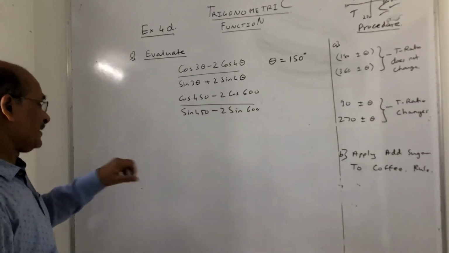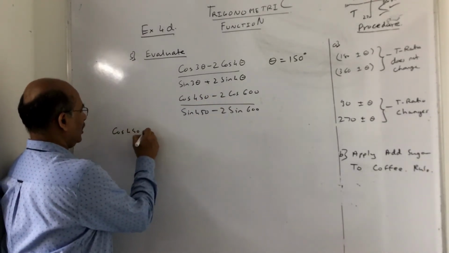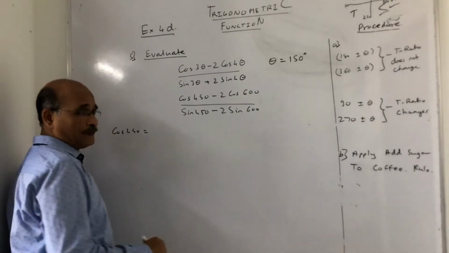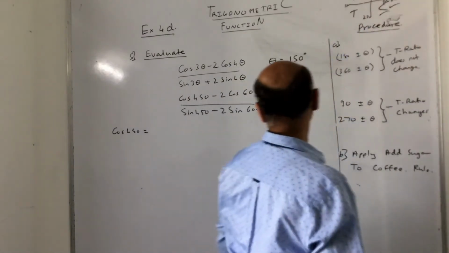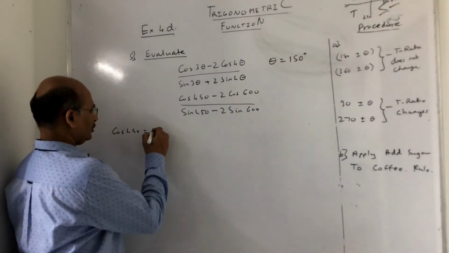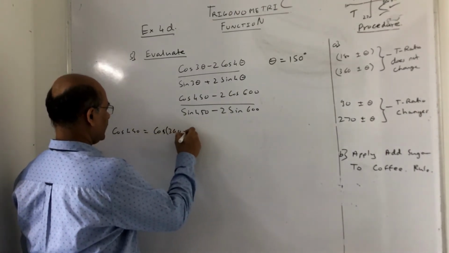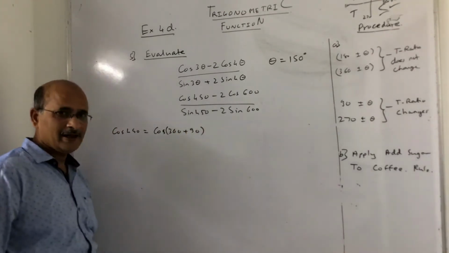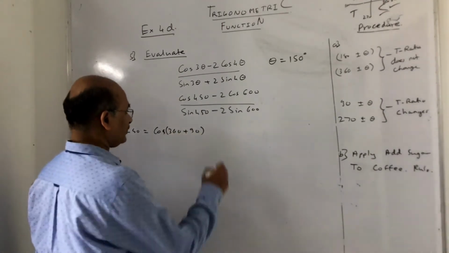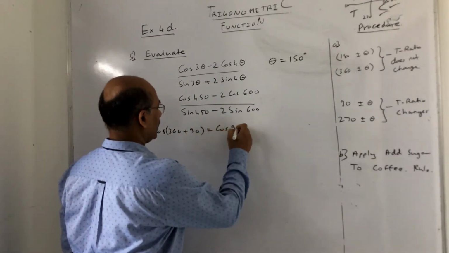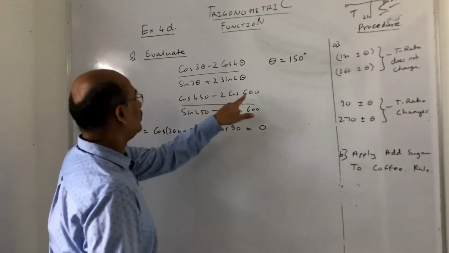So basically once again we have to find the values of this. Let us begin with this now. So cos of 450. Cos 450 is 360 plus 90. So 360 plus 90, you can say it's the first quadrant itself, it doesn't cross 90 degrees. So this I can write as cos of 360 plus 90. First of all, first quadrant, cos remains as it is. So this is cos 90, and cos 90 is nothing but 0, because cos 0 is 1. Similarly, let us talk about cos 600.